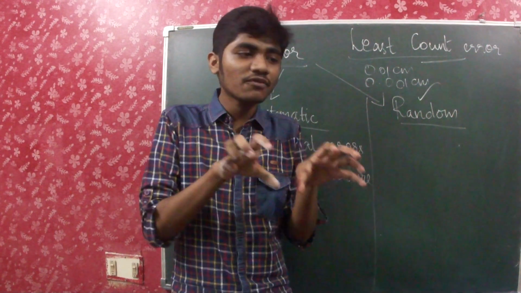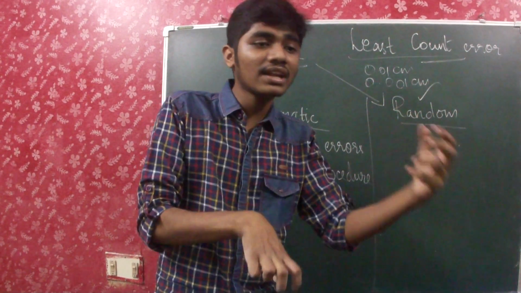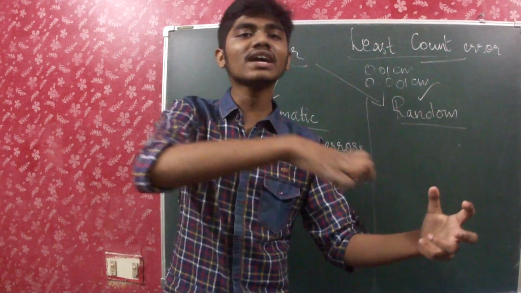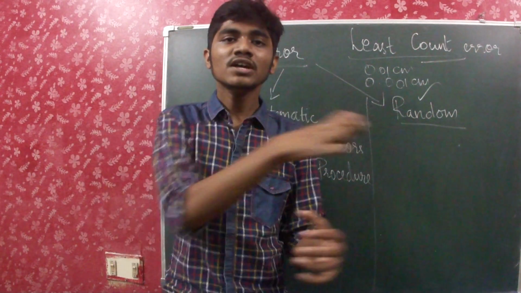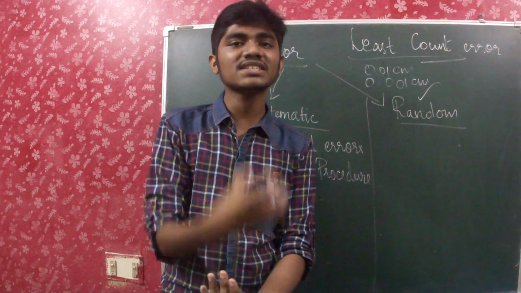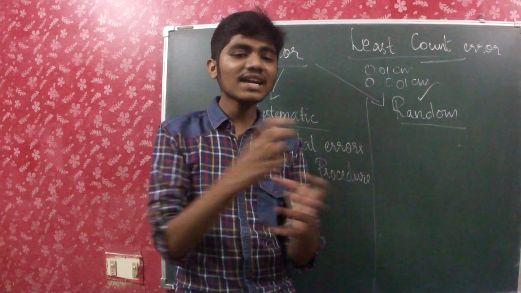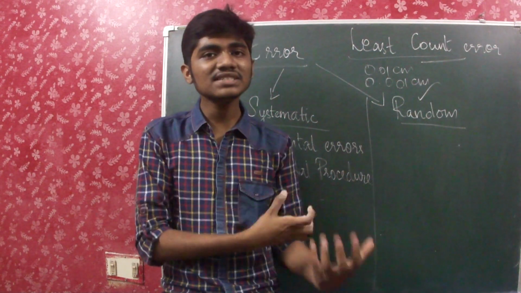The main thing is that we have to make the necessary corrections. For example, if you have found an error and it is negative, then the correction which you make must be positive. If the error is positive, then the correction which you make must be negative, so as to bring it to the normal state, or to zero. So you have to bring it to zero error. That's how we can minimize these kinds of errors.